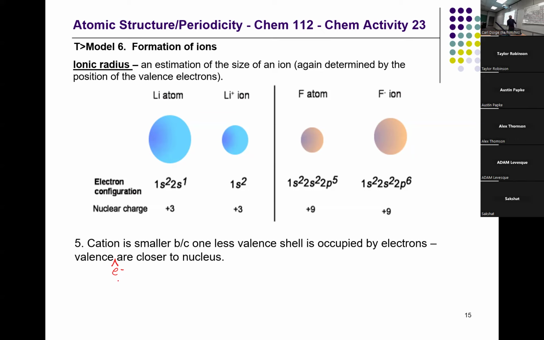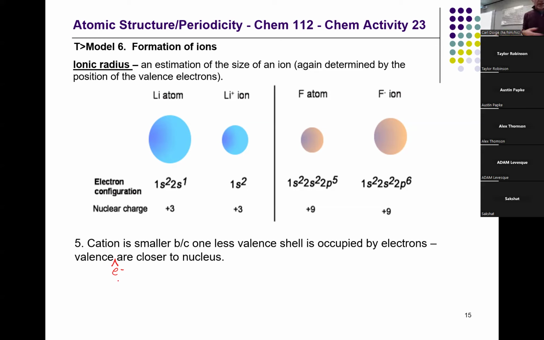I want to contrast this. If we're going across the periodic table, the size gets smaller and smaller. But you're adding more and more electrons. Yes, but you're also adding more and more protons. If you keep the number of protons constant, adding more electrons will also affect the size. And what does it do? It makes it larger because there's more repulsion.